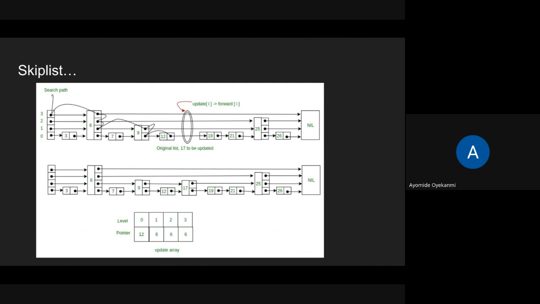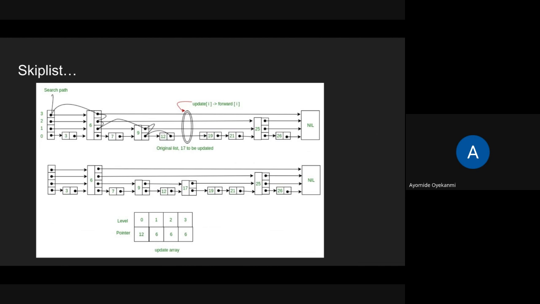But they have created a hierarchy here where from one node, you can use an express lane to go to some other nodes that are further down the line. And if that node is greater than what you're looking for, then you know that you want to go down the hierarchy. So for example, you're at node 6, you take the express lane to 25,